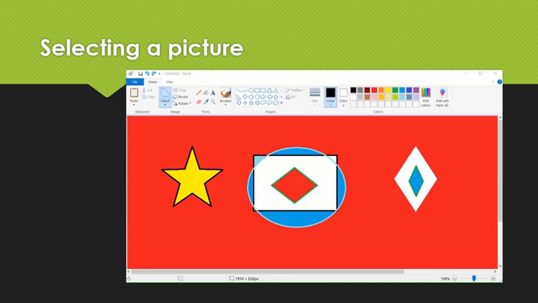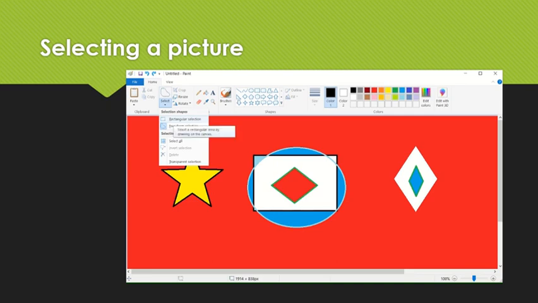on the Home tab, in the Image group, click on the Select drop down arrow. Where is the Select drop down arrow? Just see here. Here Select is written, and below it you can see one arrow mark. Click there. Depending on what you want to select, according to your choice, you can select from 2 options.